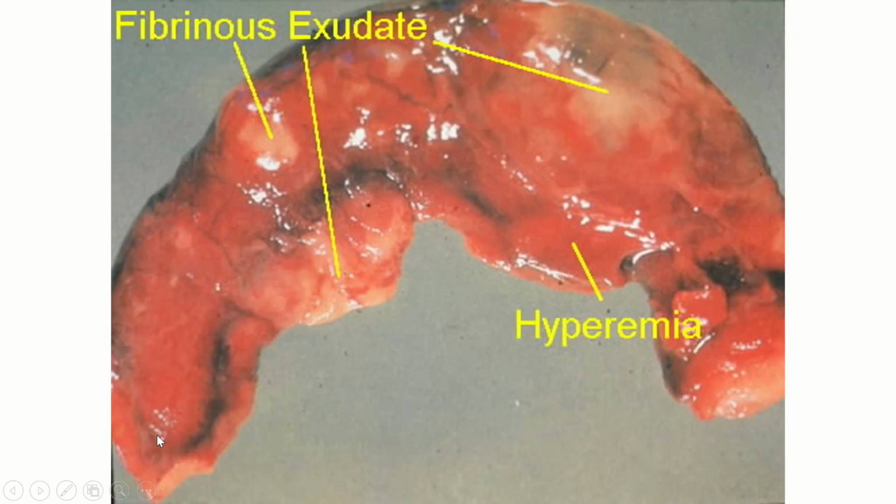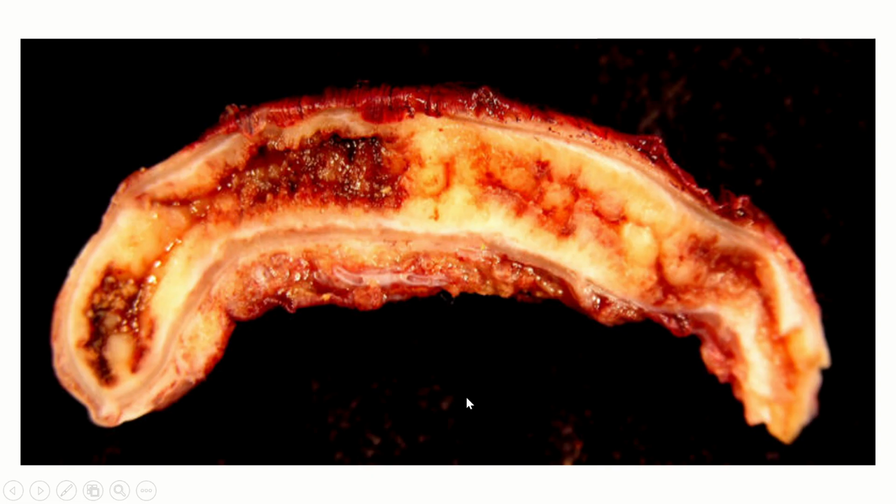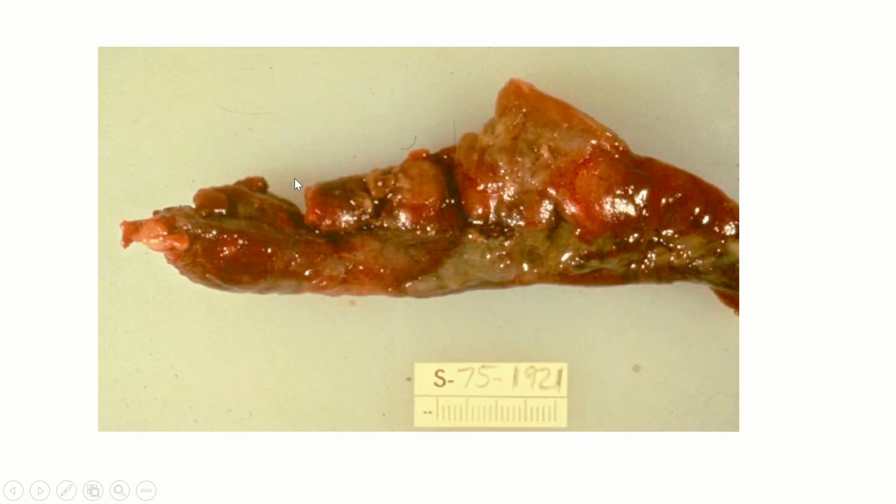Again, one more picture of gross. You can see this is a specimen of appendix, and this whitish area, you can see all this is very much congested or hyperemic, and this whitish color area is your fibrinous exudate or fibrinopurulent exudate. When you see the longitudinal cut section, we have cut the appendix longitudinally. You can see this necrotic sloughed mucosa, this all necrotic sloughed mucosa is mainly because of abscess formation.